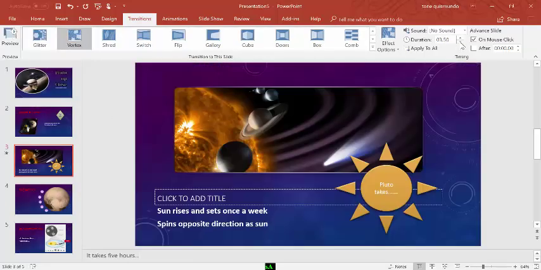Vortex, 3.0 seconds. And see how I have it applied just to slide 3 now? But I'm going to say apply to all. And that step is complete. Now I know that I've got a transition on each one of those. Check your spelling, check for errors, print out the notes page, and you could submit this after you